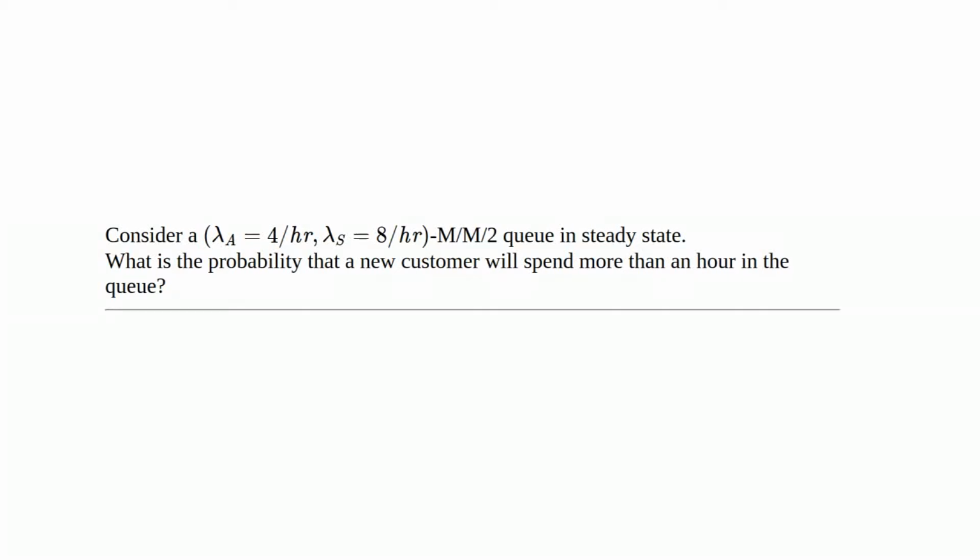Lambda A is 4, lambda S is 8, and M/M/2 is in steady state. And we are asked, what is the probability a new customer will spend more than an hour in the queue? The first thing we do is we note that lambda A is strictly less than k minus 1